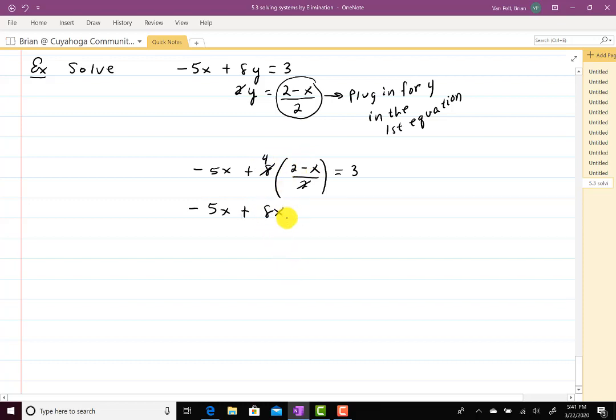So I'll have 8 minus 4x and that's going to equal 3. Now let me combine my x's. And then solve for x. I'll subtract 8, divide by negative 9,